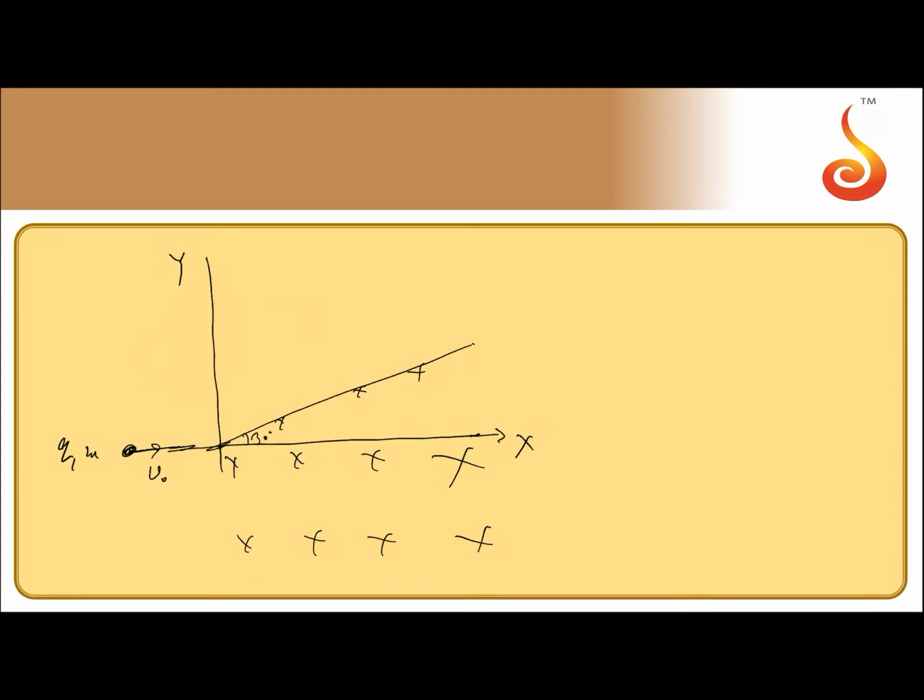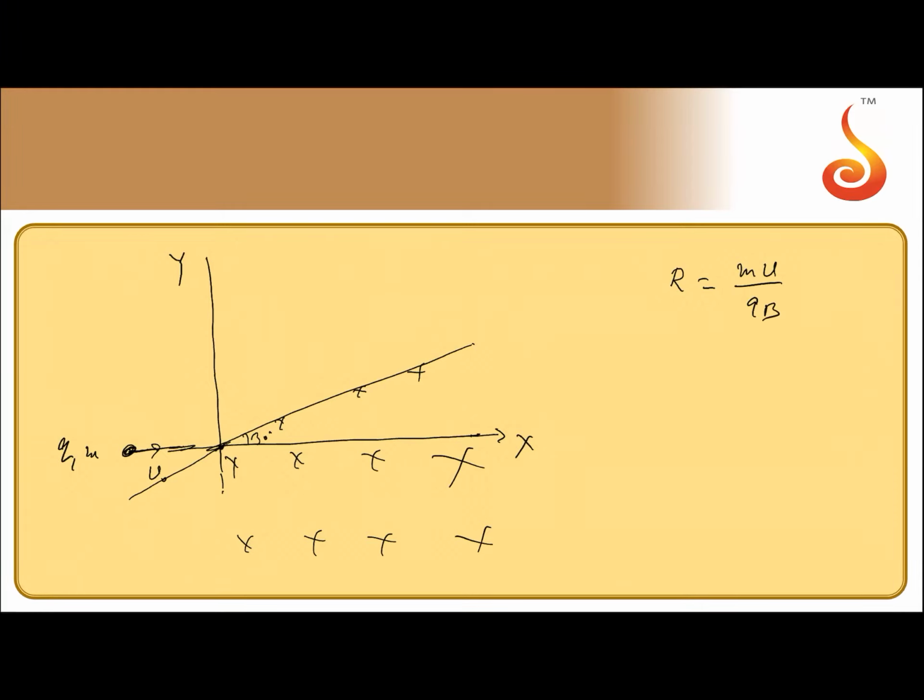So, obviously, as it enters into the magnetic field, here at the origin, the magnetic field will exert force on it, and the velocity is perpendicular to the magnetic field. So it will move in a circular path in the magnetic field. The circle will not be completed. It will move in a circular arc inside the magnetic field, and the radius of the circular path will be equal to mv by qB.